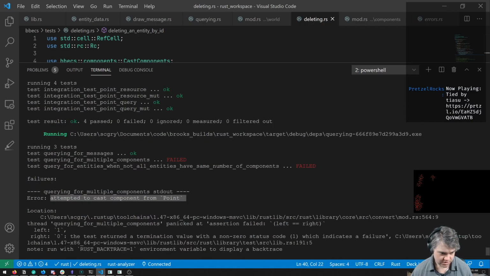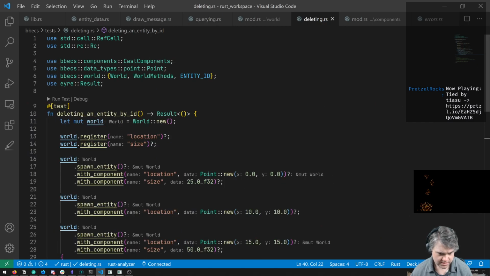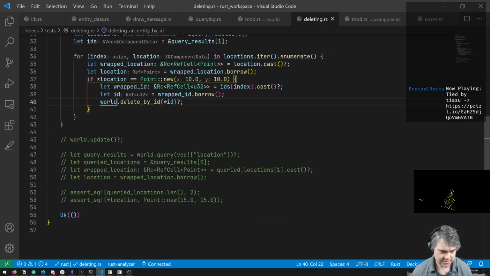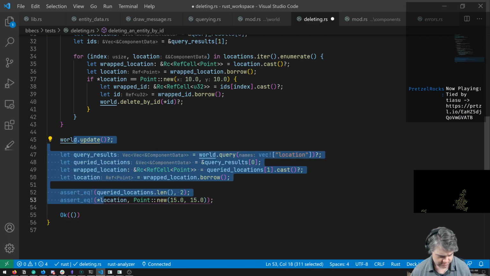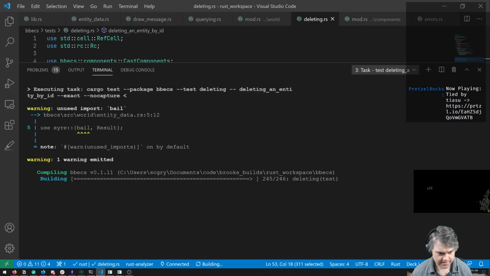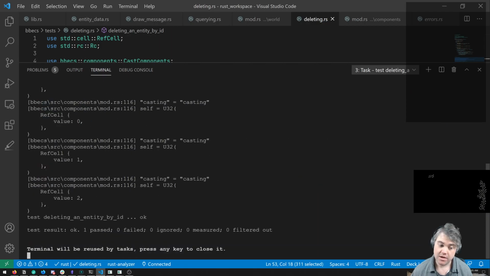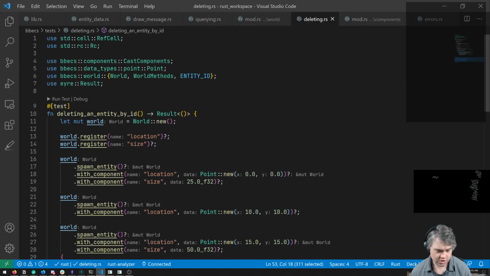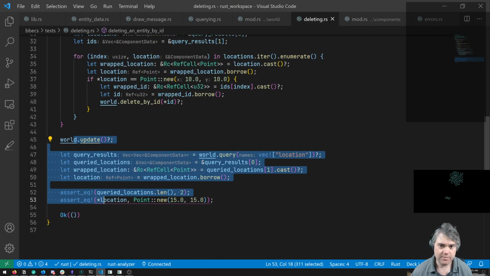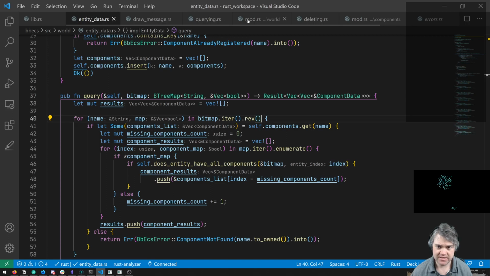Okay, cool. It no longer fails on this delete by ID. Now, how about the rest of you? No more errors there. Okay, so where is my debug statement? My debug statement is in...